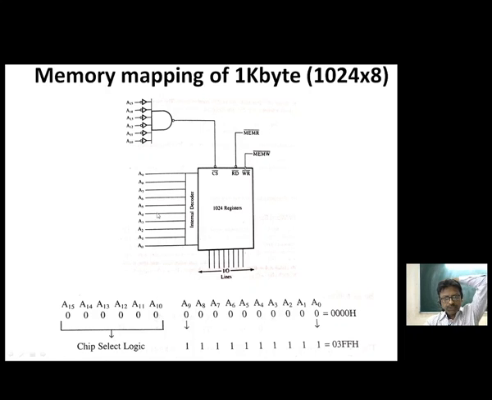And from A0 to A9, we have different combinations of 0s and 1s. So you can say that the total address, whenever the memory register is being addressed with the 16 address lines, we combine from A0 to A15 to assign the address of the individual registers. So it will be starting from 0000H, to where it will remain 0 and the rest will be 1s. So the value will be from 0000 to 03FF.